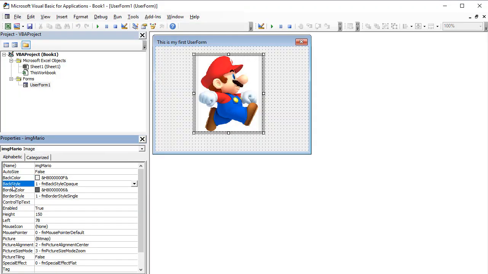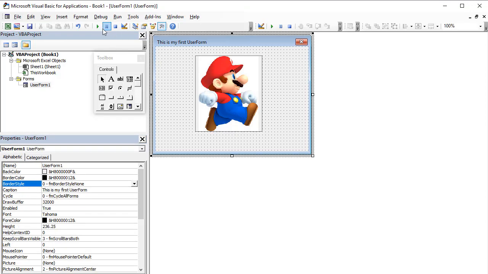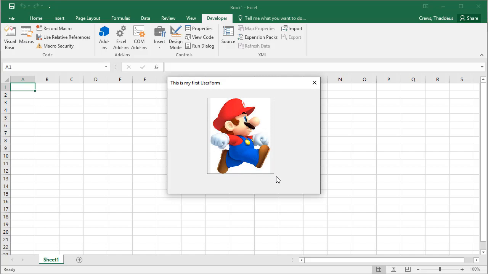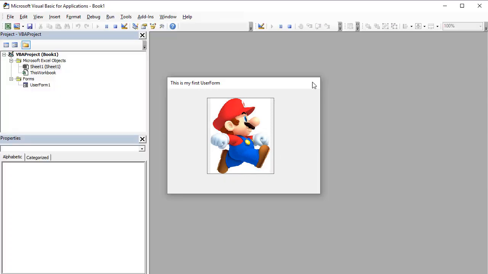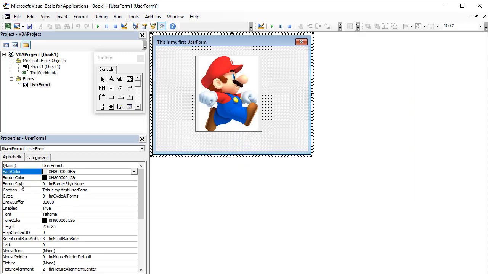They're alphabetical, remember. So border style. Default is single, but you've got none. And let me show you the difference here. So I'm going to run this with the default single. So there it is. That's a single border, and you can kind of see the black bar around it. If I change this to be border style none,